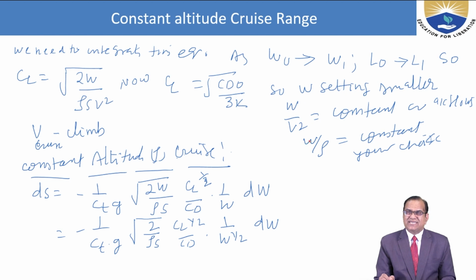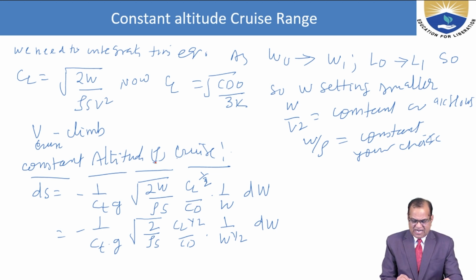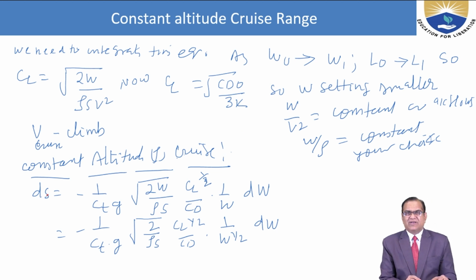So here we can say that W by rho is a constant. So this is the constant altitude cruise, V cruise climb. Here ds is equal to minus 1 by CTG under root 2